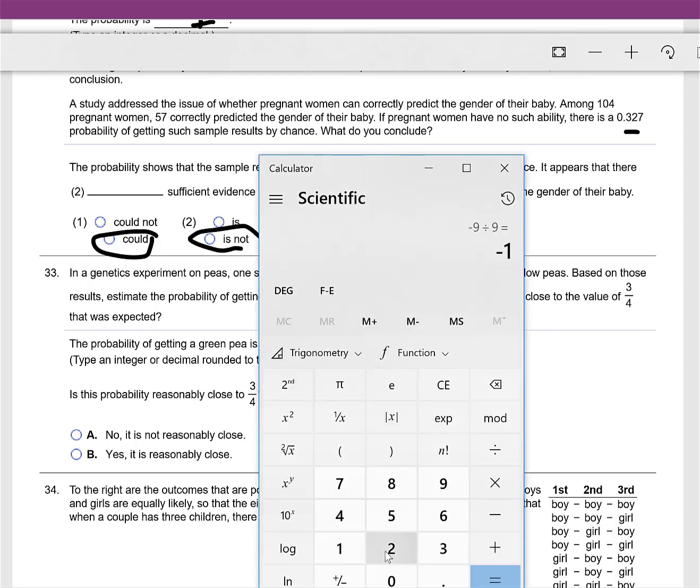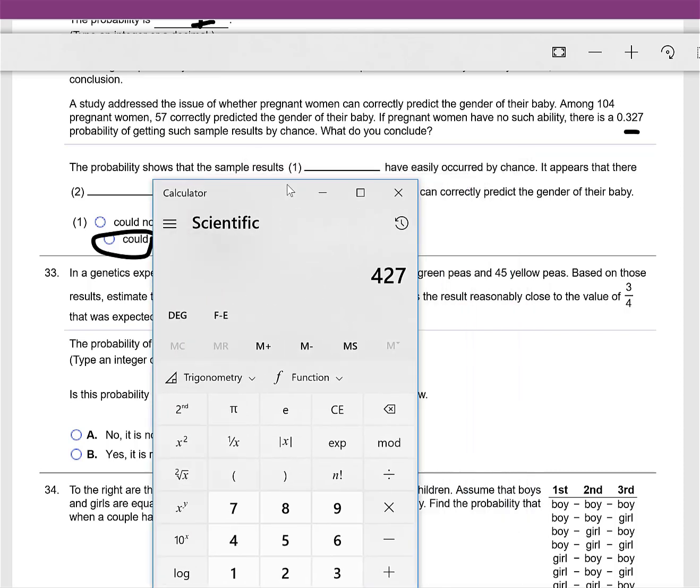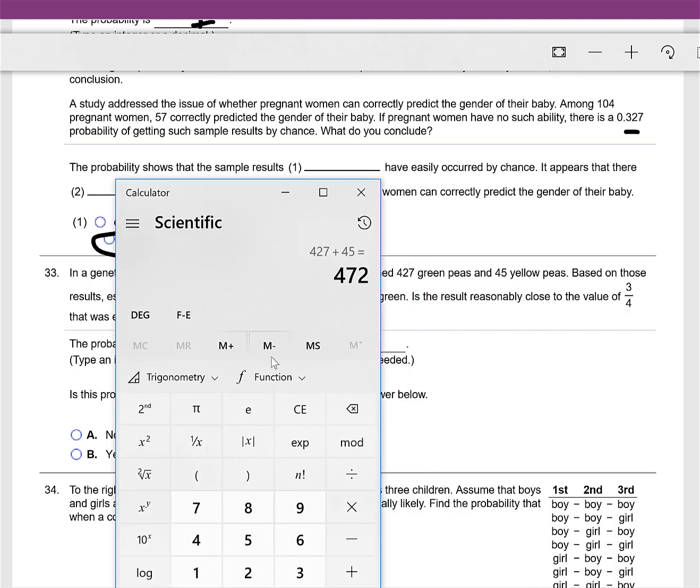So I need to take 427 plus, the other number was 45. 427 plus 45. So I've got a total of 472, and I've got 427 green. So I'm going to take 427 and divide by 472. And that probability is